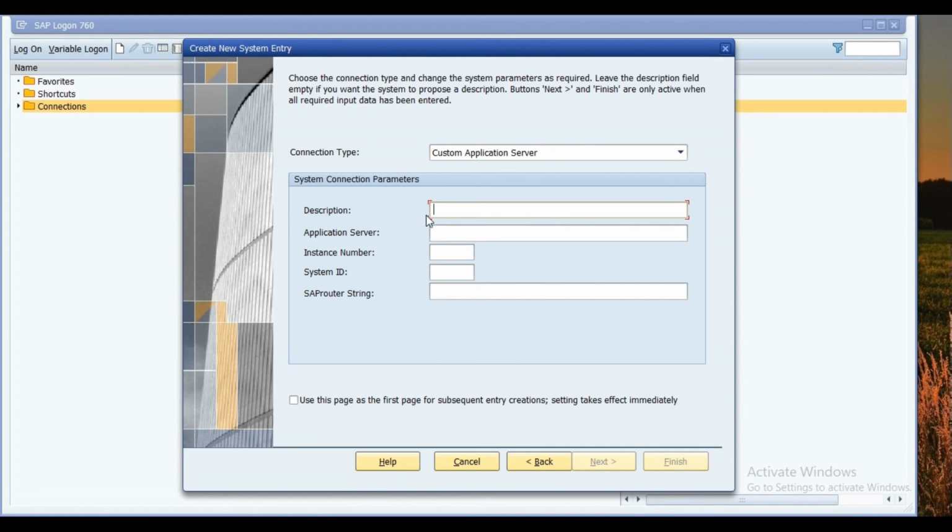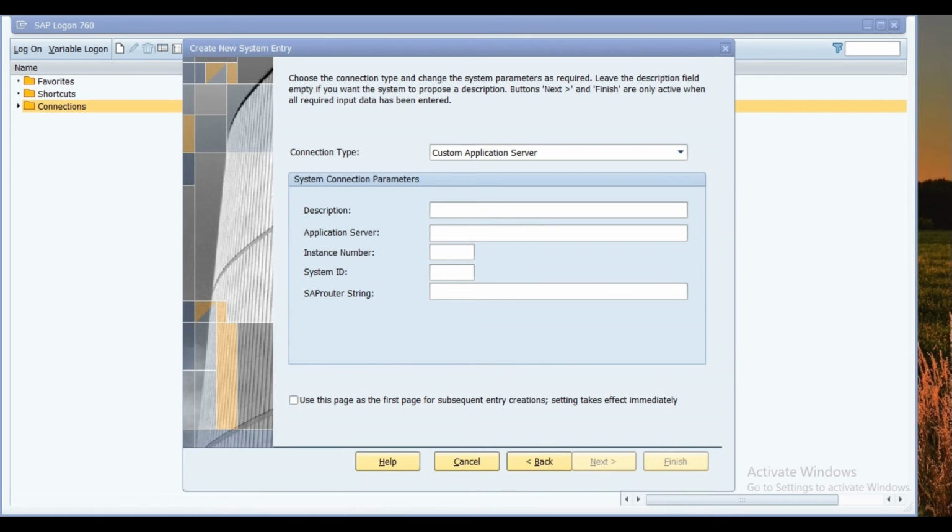You need to add those credentials like description, application server, instance number, system ID. SAP router string you don't need. For Mac you require that SAP router string, but if you are using Windows you don't need that SAP router string. So I'm going to give that description.